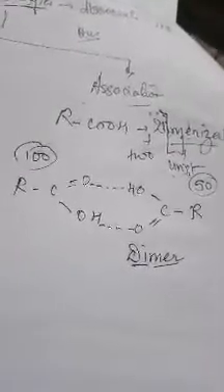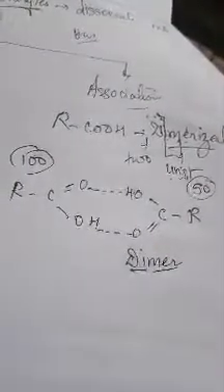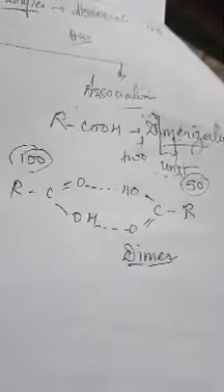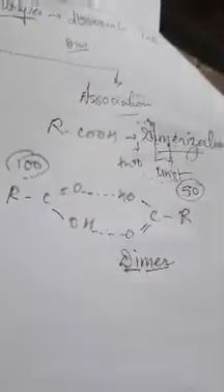Now coming to our explanation, if I start with 100 molecules, two molecules will combine to form one dimer. So only 50 dimers will be left in the solution. So the number of particles present in the solution decreases, and therefore the values of the colligative properties will also decrease over there.